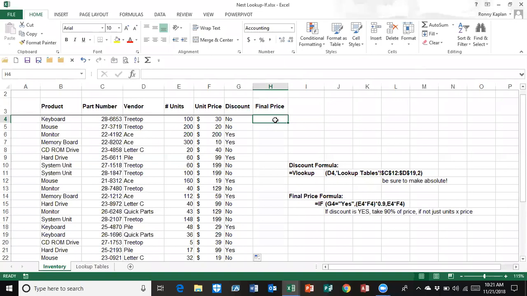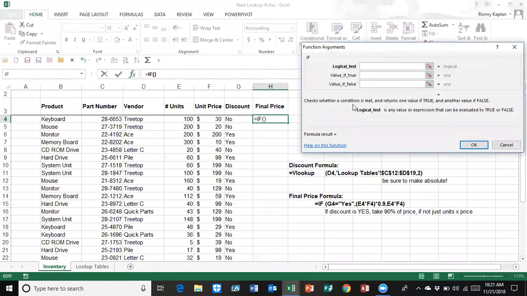And what we also want to know is what's the final price. Let's assume the discount is a 10% discount. So they're paying 90% of the total price. So I'm going to make it an IF statement. Okay, equal IF. And I'm going to open that up. And so I'm doing an IF statement. And if the G column, which is indicating whether they have a discount or not, equals yes, and again, because that's text, I'm putting it in quote marks,